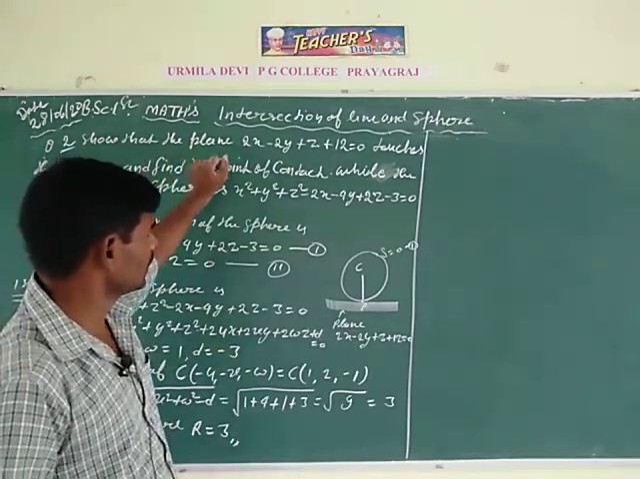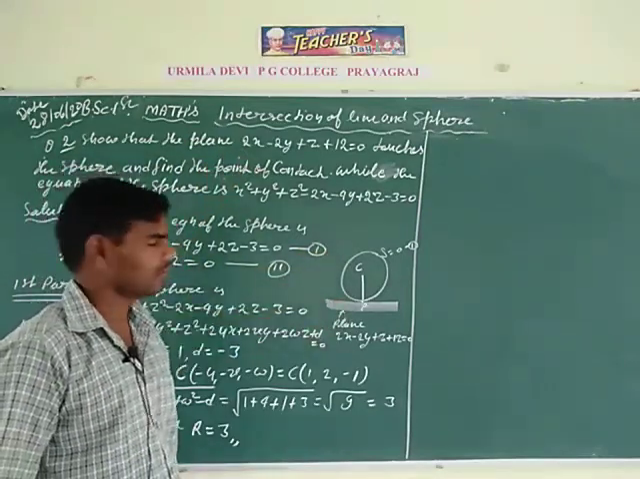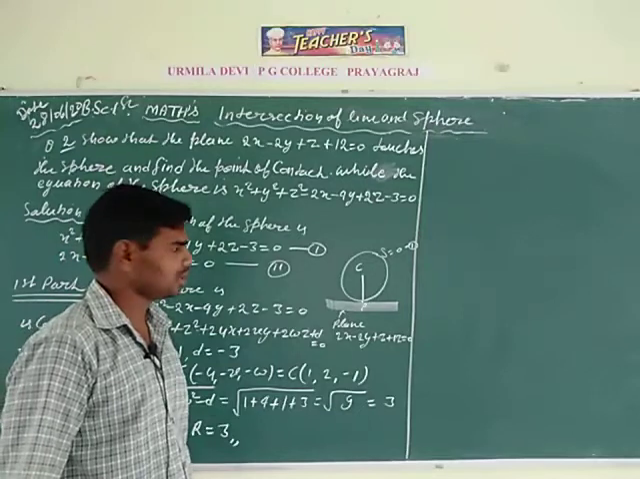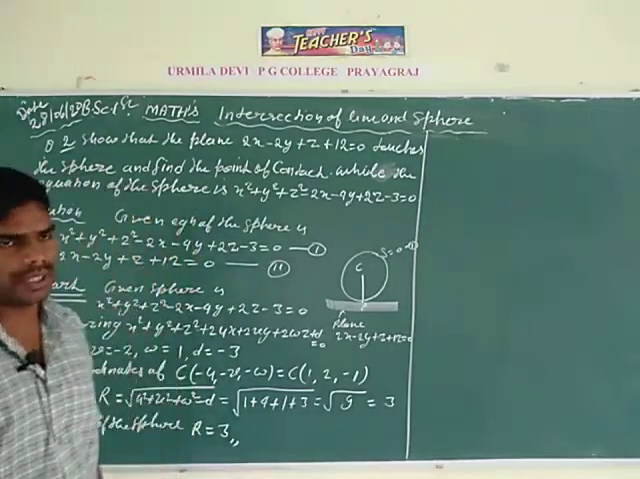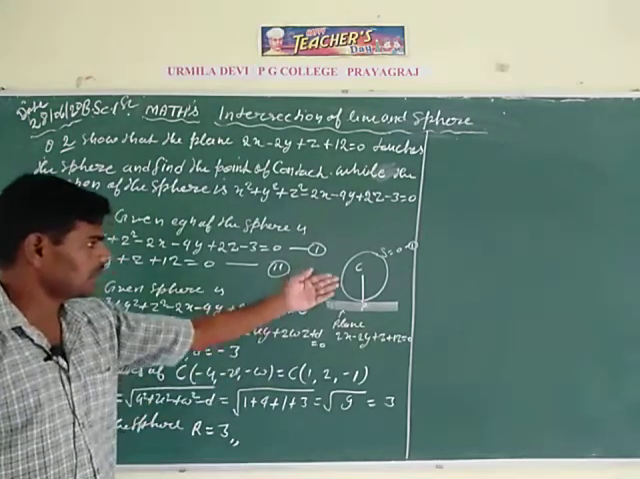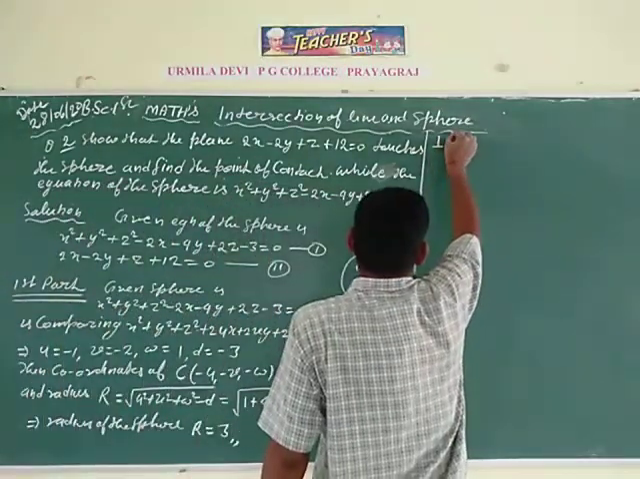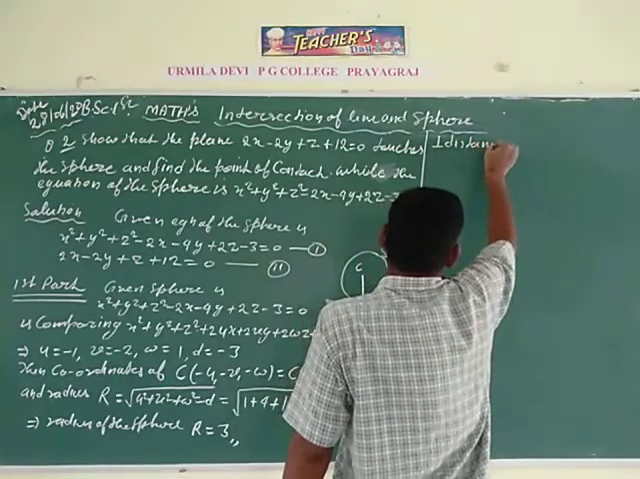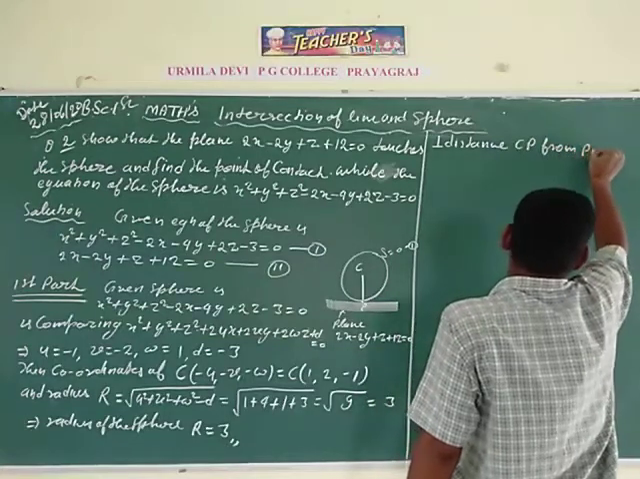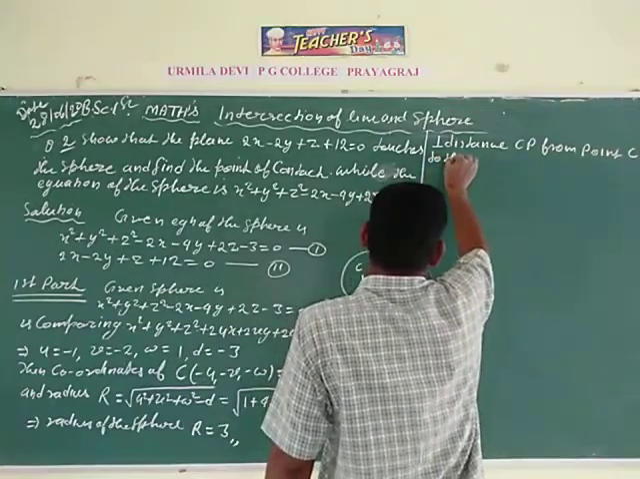The first part of the question is to prove that this sphere touches the plane. This means we prove that the perpendicular distance Cp from the center to the plane is equal to the radius of the sphere. Means here prove that Cp is equal to r. So first calculate the value of Cp, because r is equal to 3, already proved. So the perpendicular distance Cp from point capital C, means center capital C, to the plane,